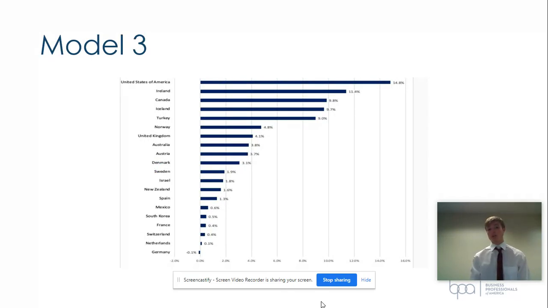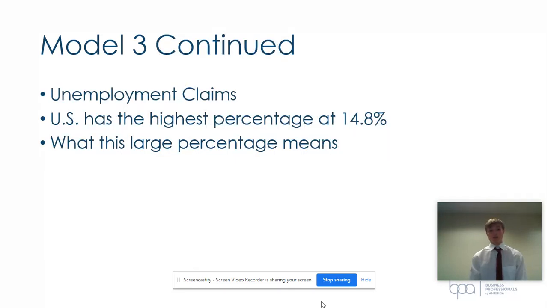The third model is a breakdown of those who have claimed unemployment in the pandemic throughout the different countries, with the US being the greatest by many percents. These unemployment claims are due to multiple things, one being the fact that we have a large amount of cases, but also the fact that there are many people who found it quite easy to claim this. The US really streamlined the process of claiming unemployment during the pandemic and made it accessible to so many people.